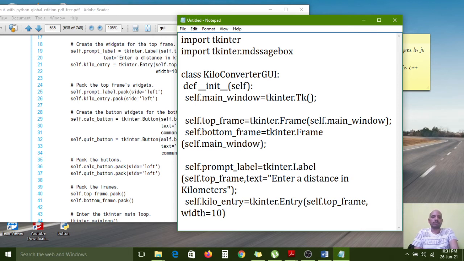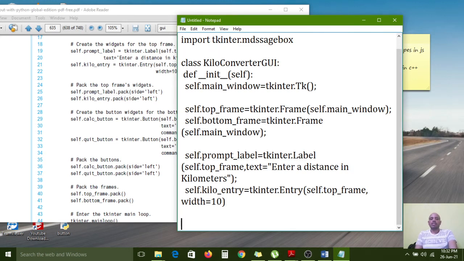Next, I have created the label and the text box by using the Entry widget. And now I want to pack the label and the input box, the label and entry widgets.